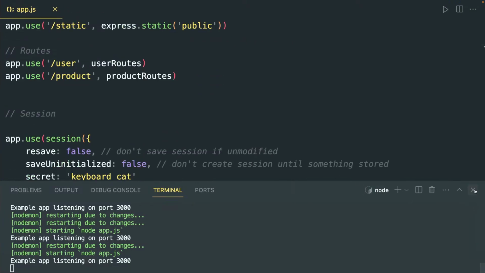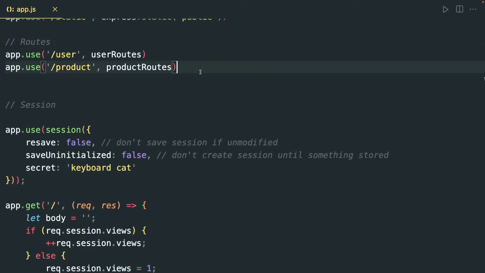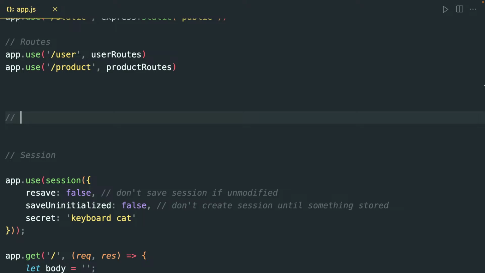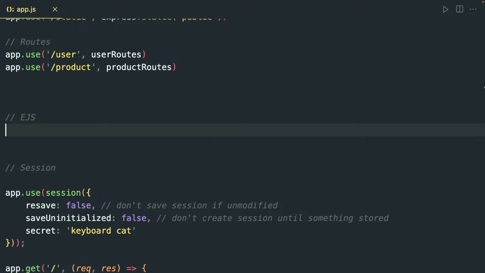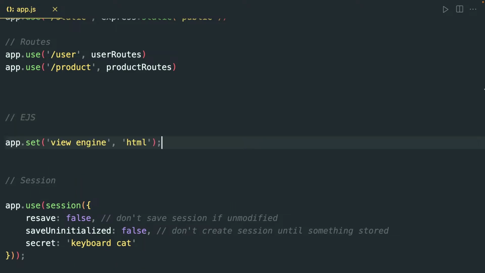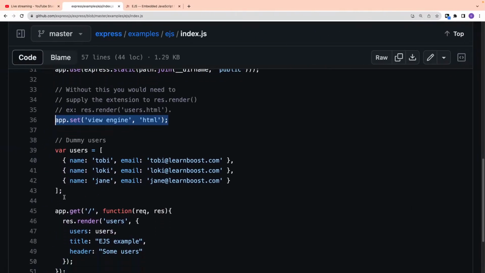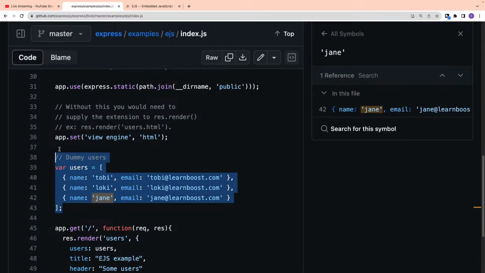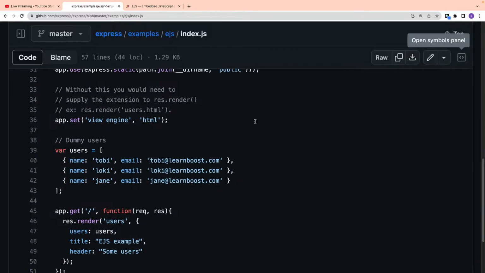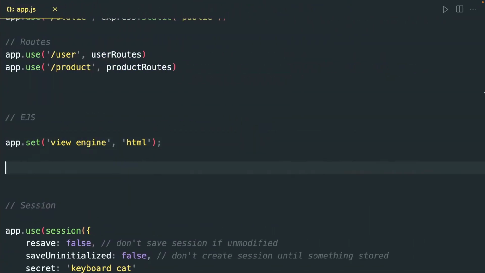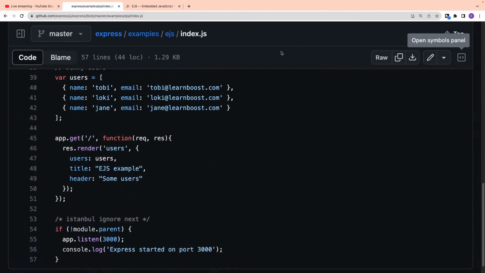Let's write here, just close this terminal. Now we are working with EJS. app.set view engine html. Dummy users, they have created some dummy users. Okay, why is it opening again and again? So after that,